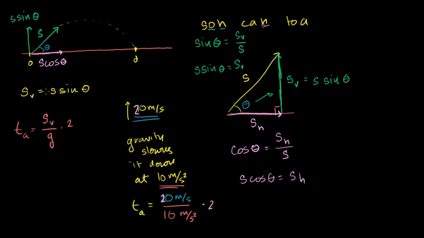Now, we already know what the vertical component for our problem is. It is s sine of theta. So we can just substitute that back in there, and we know how long we're going to be in the air. The time in the air is going to be, I should maybe put the 2 out front, 2 times s sine theta. Let me make it clear. This 2 right here is this 2 right there. All of that over